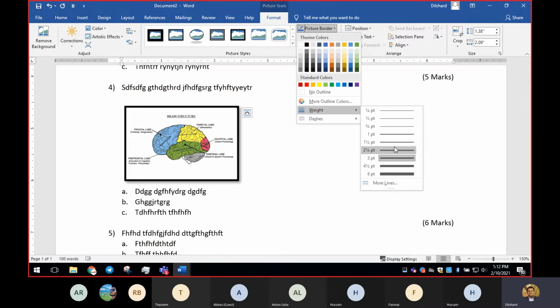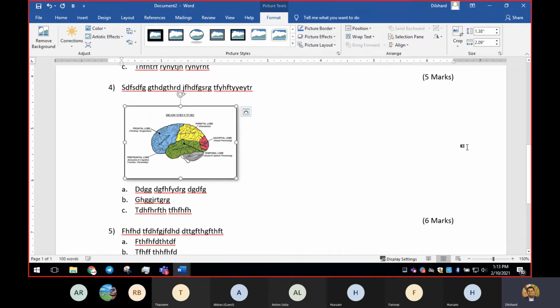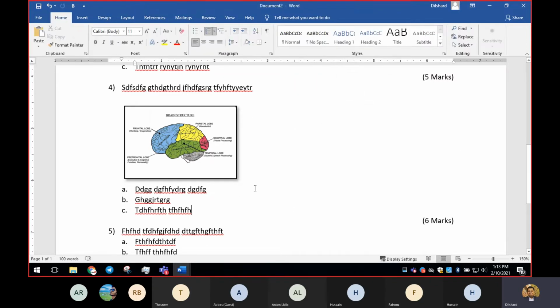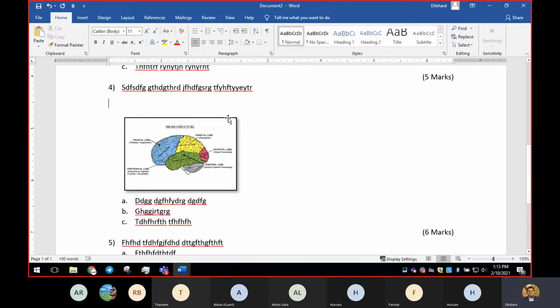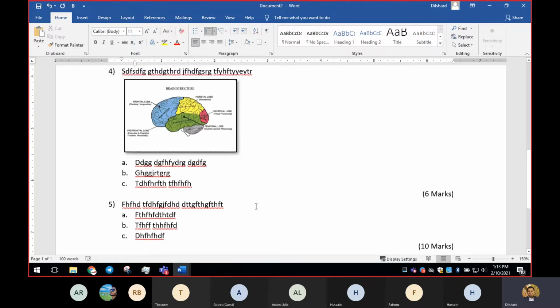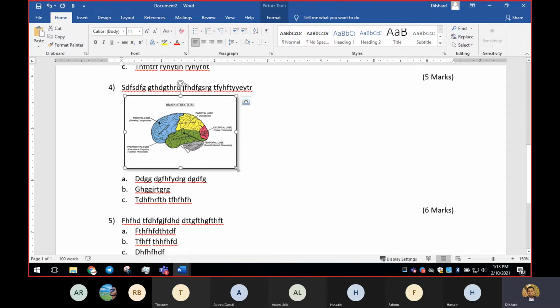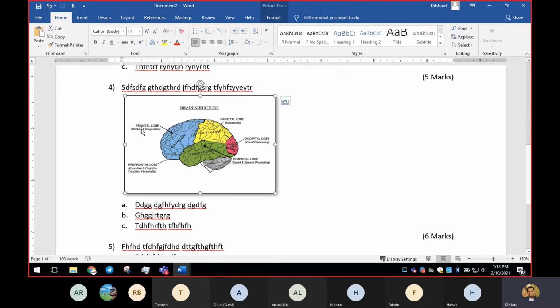I'm going to reduce the size of the border in this way, right? And we can even consider removing that space, right? So people can refer to this image, and they can select whatever answers that you're willing to accept. I mean, you can have some numbers here, and you know, right?